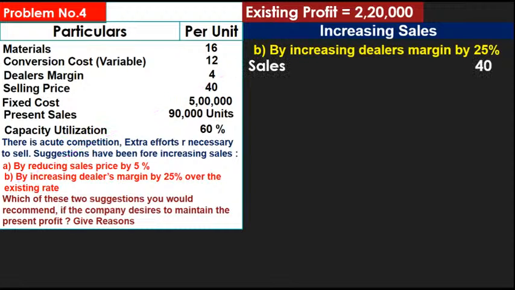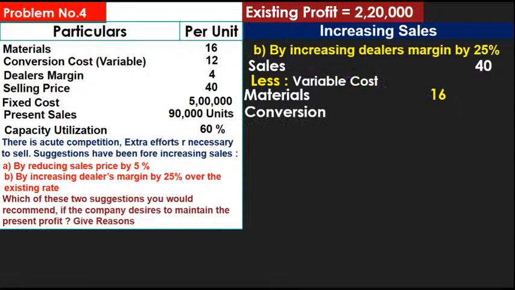Sales price already given in the problem: what is the selling price per unit? Rupees 40. Less variable cost: materials cost per unit rupees 16. Next, conversion cost means factory cost: 12 per unit, given in the problem. Next, dealer's margin: actually rupees 4 per unit given in the problem. Dealer's margin rupees 4 plus